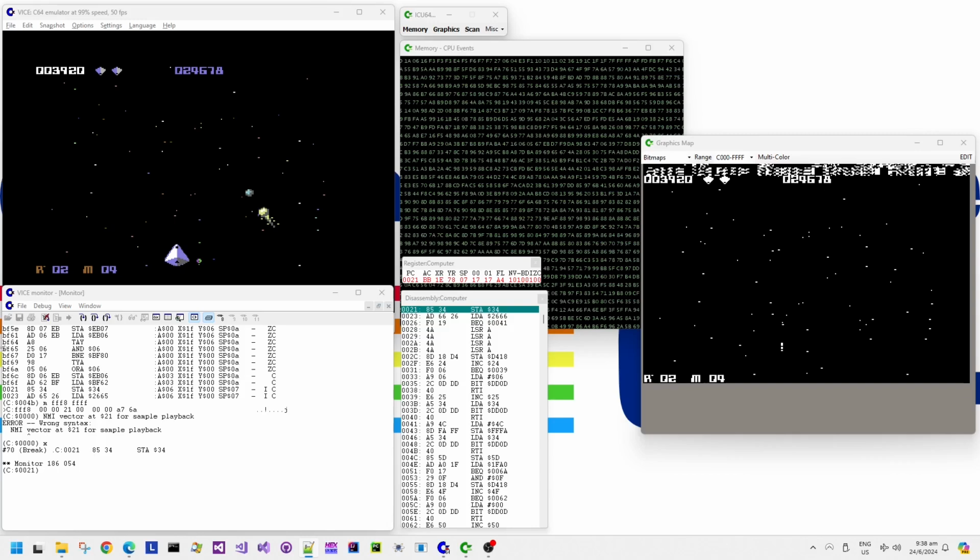So it looks like the code somewhere else in the game will turn on the NMI based timer routine to start pulling in sample data from memory, and it plays through until it reaches the end sample marker and then completes that. So that's a really good way of playing samples. Storing the code for the sample player in zero page means that you don't need to use indirect addressing, because you can just increment the zero page